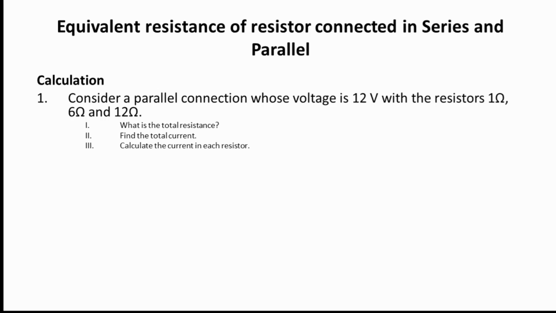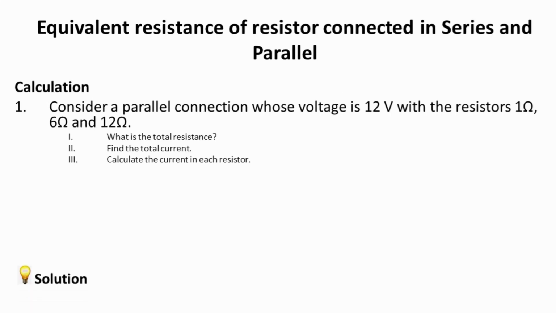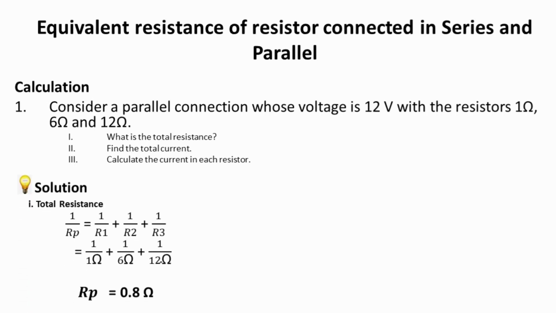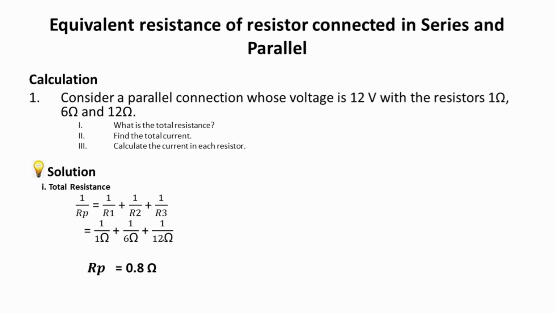1. What is the total resistance? 2. Find the total current. 3. Calculate the current in each resistor. Now, to find the total resistance for a parallel combination, you use the formula for the equivalent resistance, which is